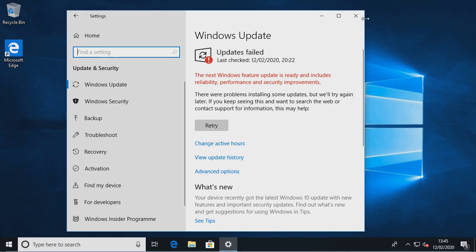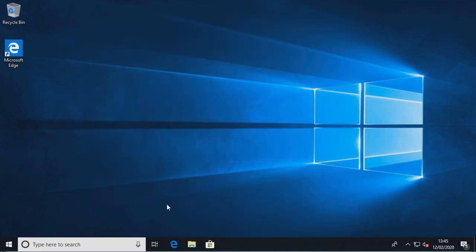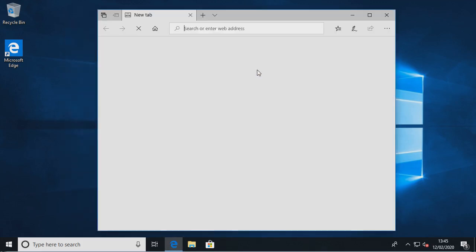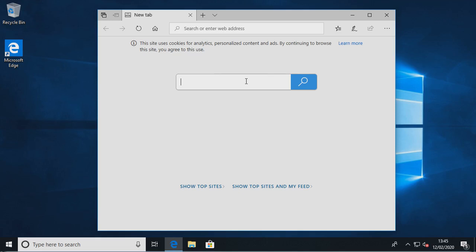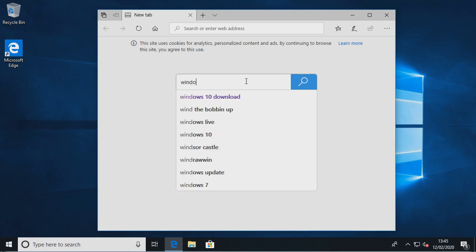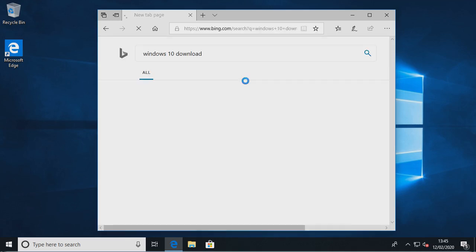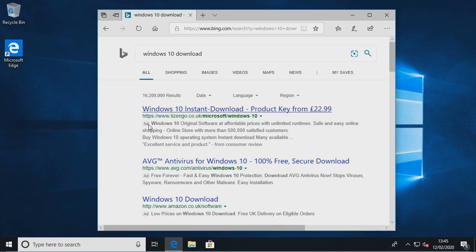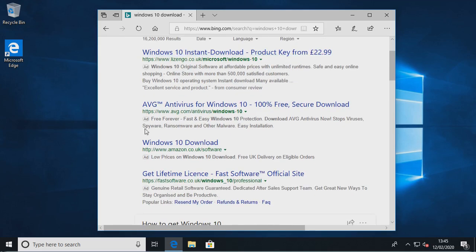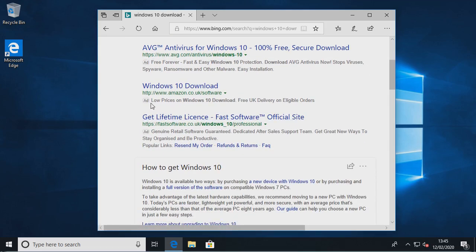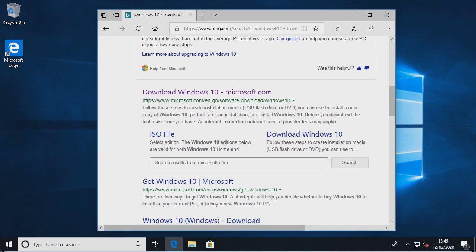is go into Edge and do a search for Windows 10 download. In the search results, ignore all the ones with a little ad beside it, and go to the first one, which is from Microsoft, which says Software Download Windows 10. So if you just click on that,